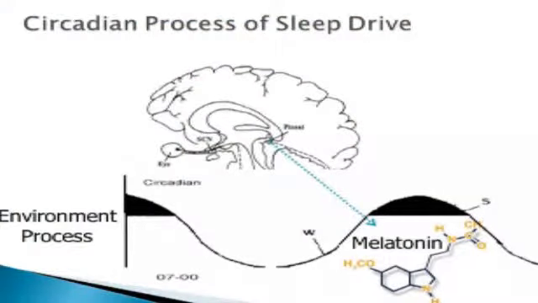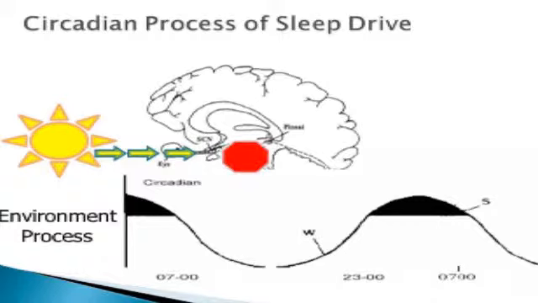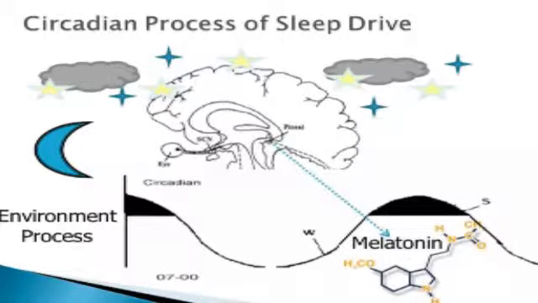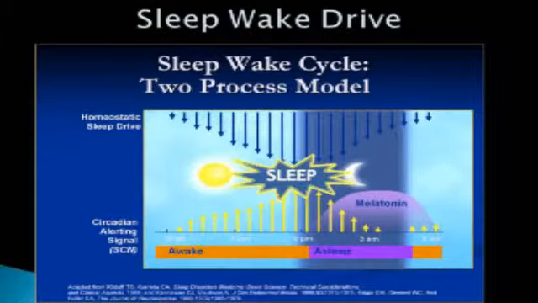So now we've talked about the body process. Now we're going to talk about what's going on in our environment. Our own body actually makes melatonin. But all day long, light is coming into our eyes, and it's inhibiting our own body's natural melatonin. As the day goes by, we have less and less light, and then night comes. There's no more light to suppress the melatonin, and you get this release of melatonin, and that's our sleep hormone that makes us sleepy. So now what we have is this process where our fatigue from our own body builds up during the day at the same time that we stop being able to inhibit our own natural melatonin, and then bam, the two of them together is what causes our sleep drive.